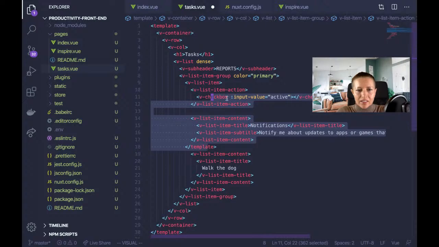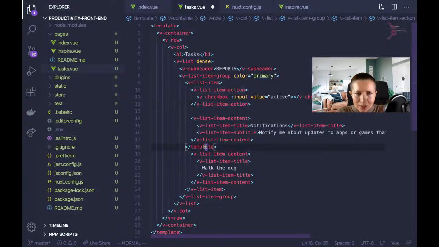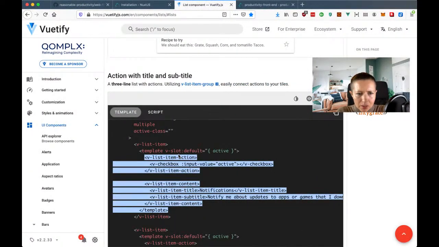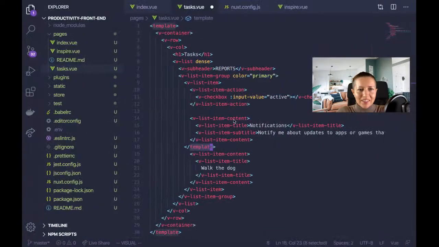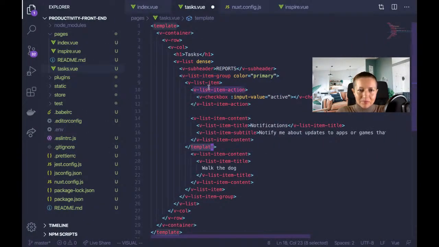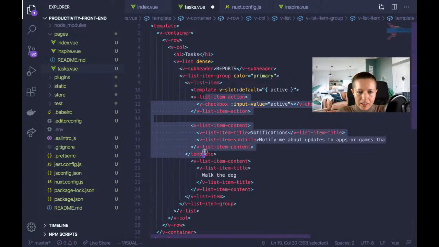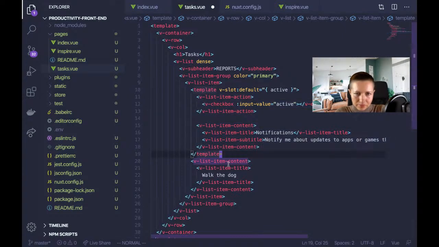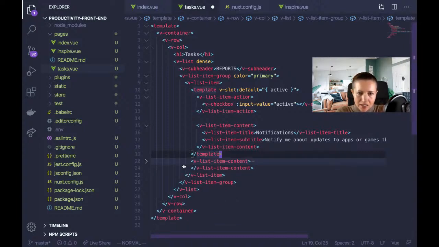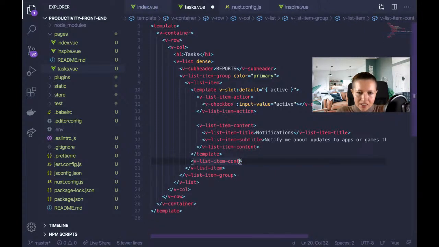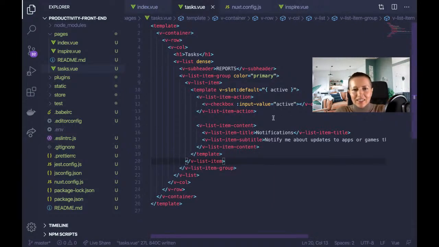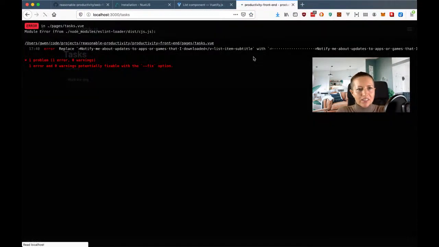Vlist action. Okay, is that properly indented? I think I'm missing something here. So where's the other template? So it didn't have the other template. Oh, I missed the other template tag. That's just wrong. Okay. So vlist item, so it should come right here, and then these should be indented, and then these ones, the vlist content, those ones need to be deleted. Okay,